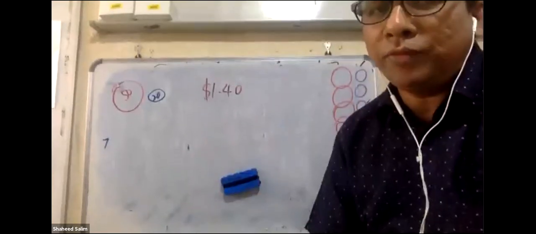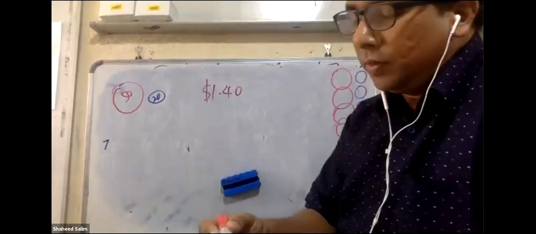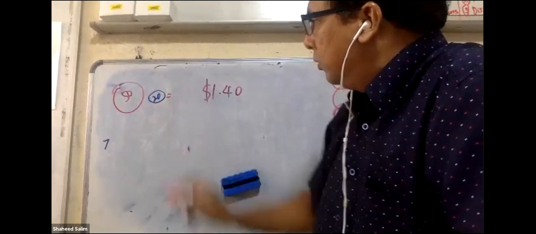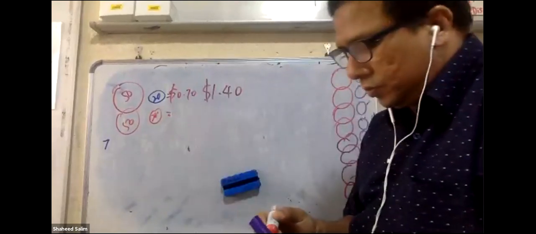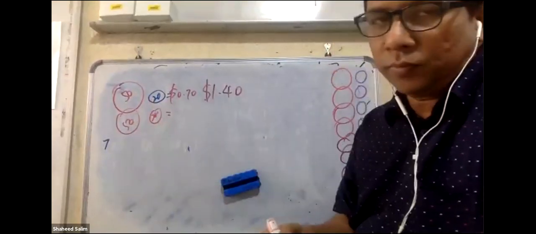My answer is 9. Hey, wait. Okay, how many? You have the same number of 50-cent coins. Same. Okay, so we do together. Watch. Now we ask Sophia. You got 1 50-cent coin, 1 20-cent coin. What's the value? 70. Good. You got 2 50-cent coins, 2 20-cent coins. What's the value? 70, yeah, but now you got 2. What's the value? Oh, $1.40. So how many coins do you have?